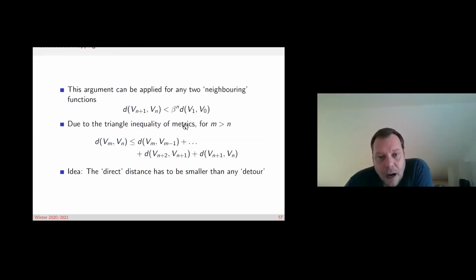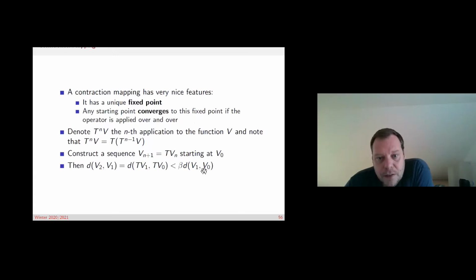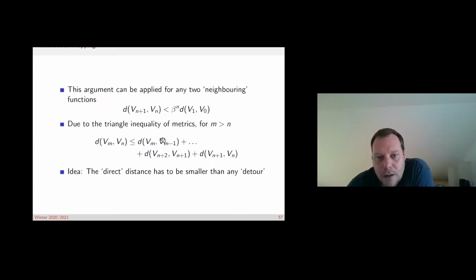And since this distance between the start of two neighboring functions and the next neighboring functions is declining at rate beta, well, for any functions down